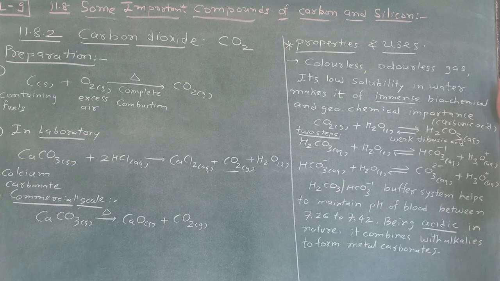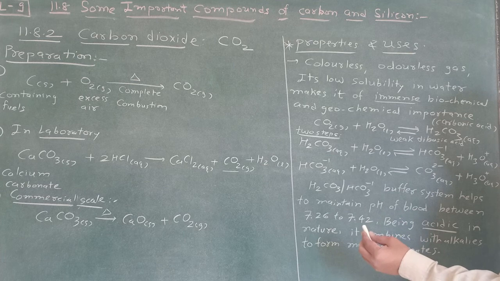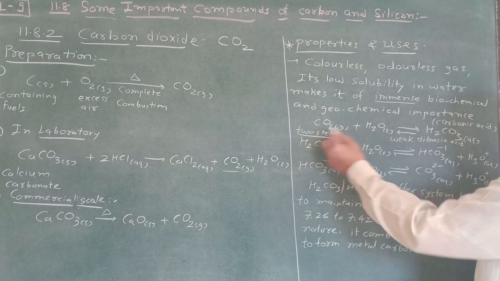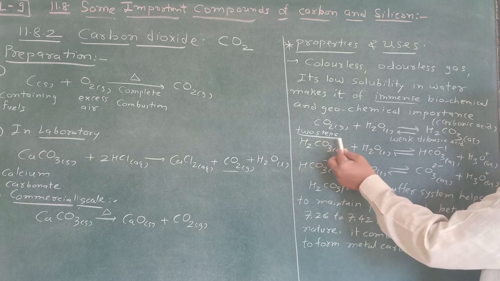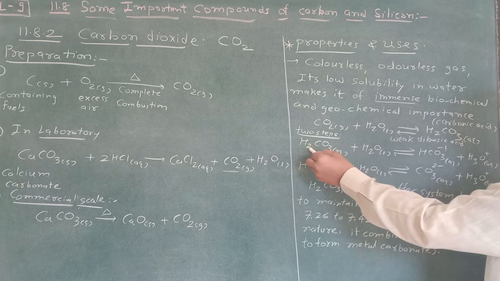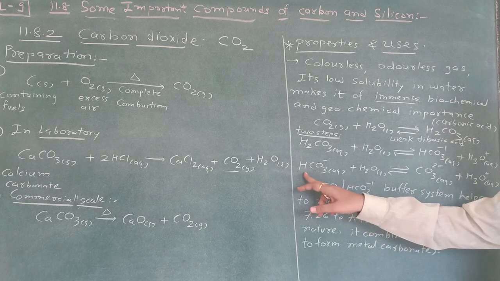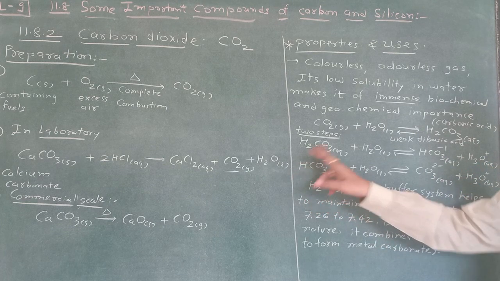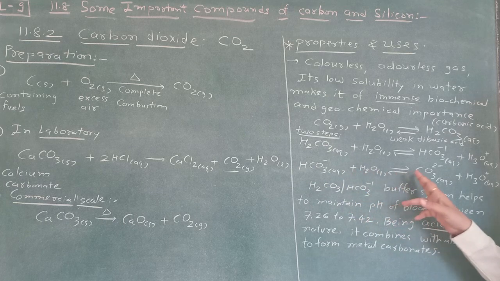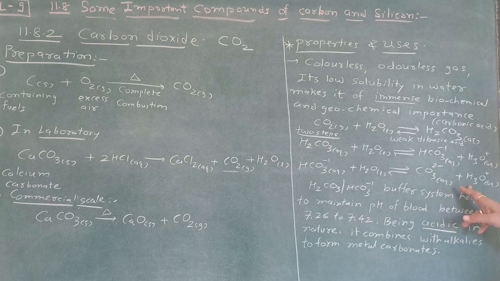When carbonic acid dissociates in water, it dissociates in 2 steps. This H2CO3 plus H2O, you know this from the Bronsted-Lowry principle. This H plus is donated to the water, that's why here H3O plus and here HCO3 minus. So HCO3 minus plus H3O plus. In the same way, HCO3 minus plus H2O. Once again this H plus is donated, and that's why here CO3 2 minus plus H3O plus.